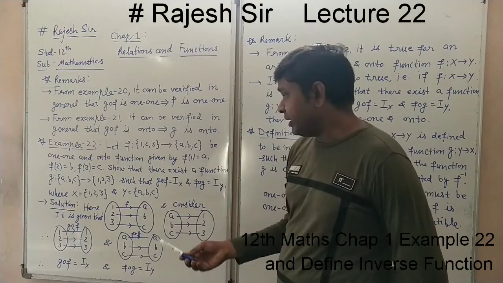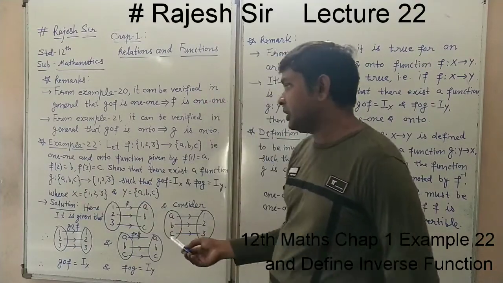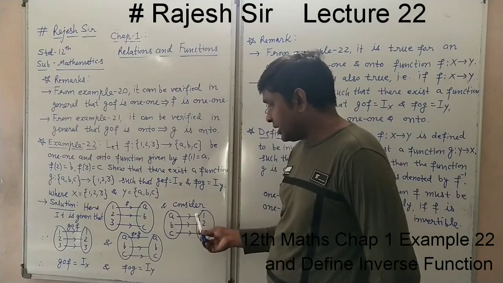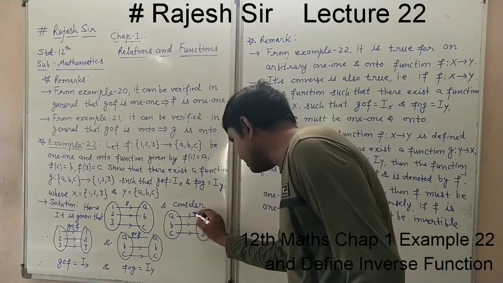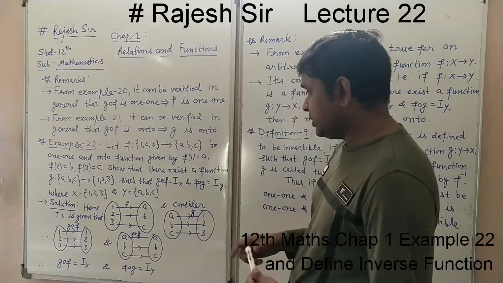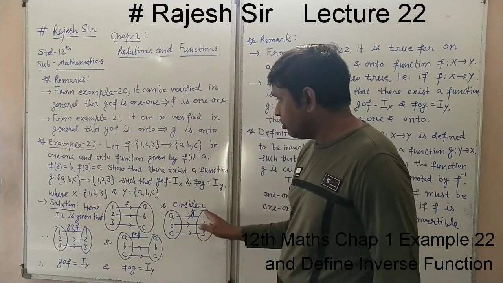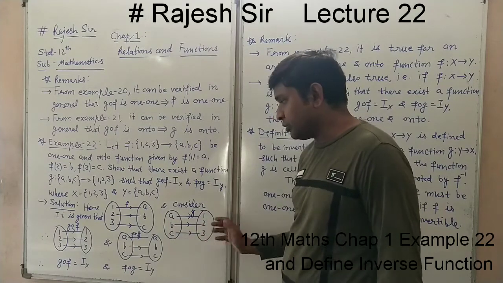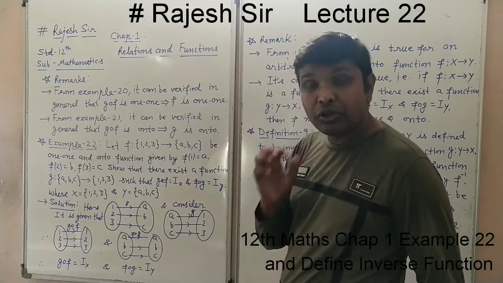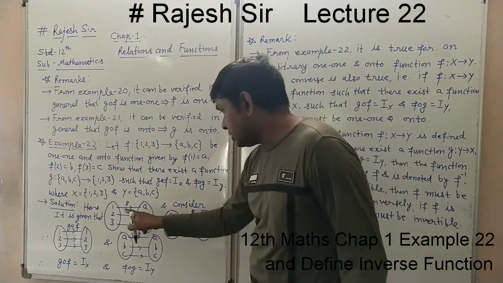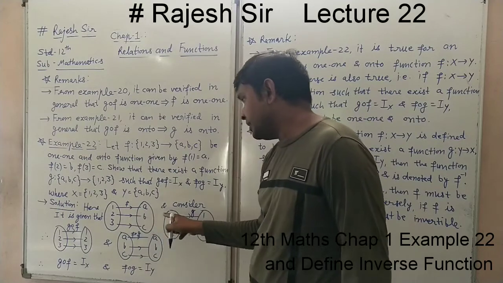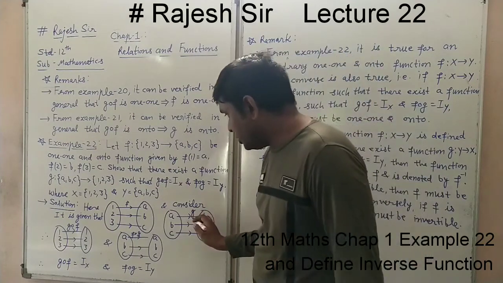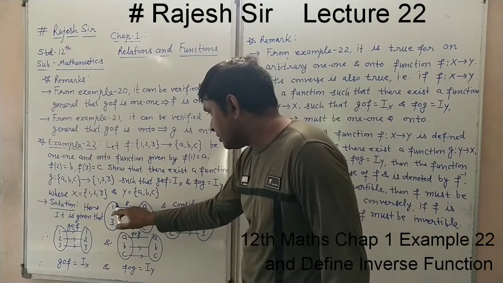And now we are considering the g function, which is given from {a, b, c} to {1, 2, 3}. This function is not defined, so we are defining it. Consider this g function; its domain is a, b, c and its codomain is 1, 2, 3. Let the image of a be 1, b be 2 and c be 3. So by the definition of composite function, as you know, f is the function from x to y and g is the function from y to z. So GOF can be defined this way.